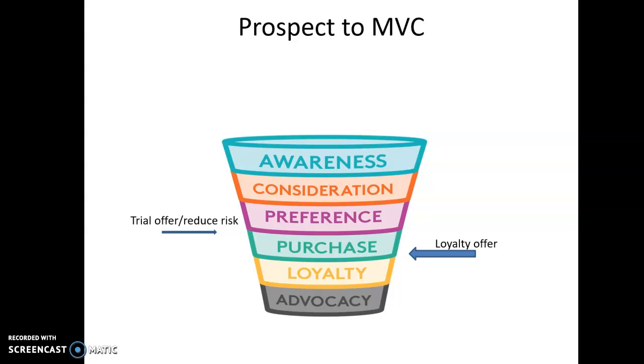These are to reward multiple purchase, to reward your second purchase, which is a very important one to get from a customer who's bought once. So these are points programs and special privileges programs that you earn as you increasingly show your loyalty to the product or service. So two basic kinds of offers: trial offers and loyalty offers.